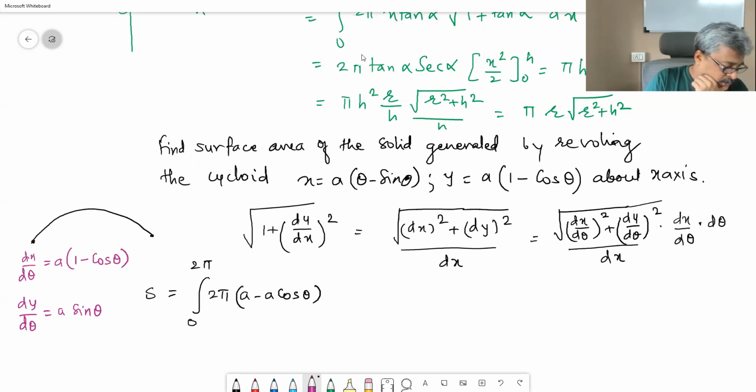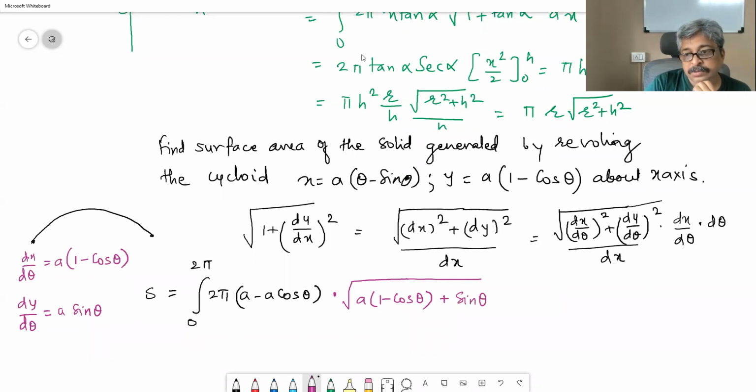So a into a cos theta into radical a (1 minus cos theta) plus sin theta into